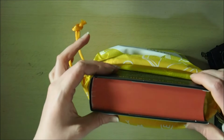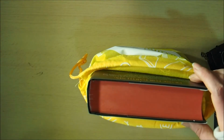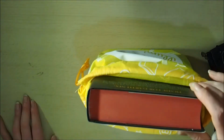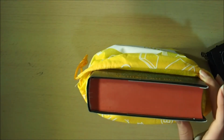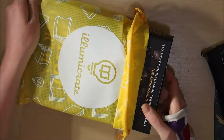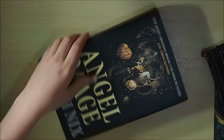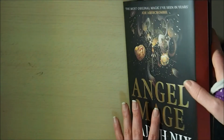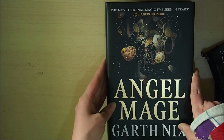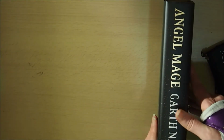And so we got like this corally red / pink sprayed edges, which you can't properly see on the camera. On some people's cameras, it looked really bright red when I saw it in photos, but it's like a coral red / pink colour in my opinion. So we'll just look at that here, so you can probably see there, it's sort of more a coral red / pink, which is actually really nice. And our book for this month is Angel Mage by Garth Nix. So we've got our front here, which is kind of metallic, and